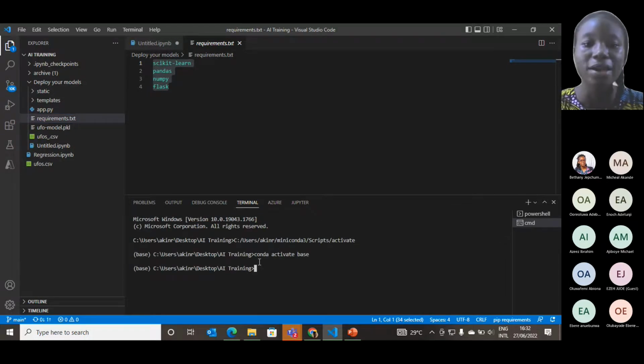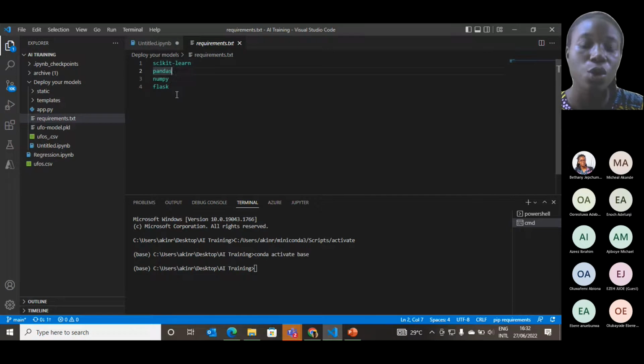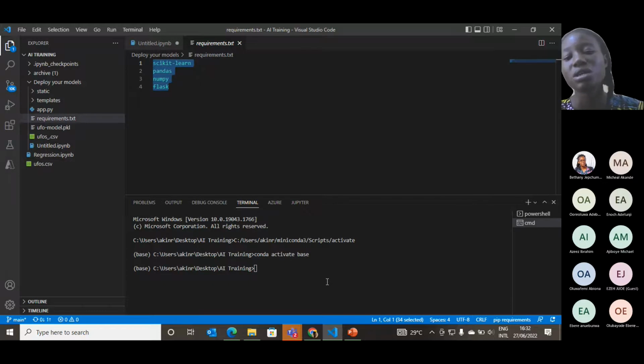Right. So I already have a working environment, and that is called base. So now I can install all these. If you don't have a working environment, please create a Python environment, so that you would not have conflicting dependency issues. So you want to create a separate Python environment, you activate it, and then all you need to